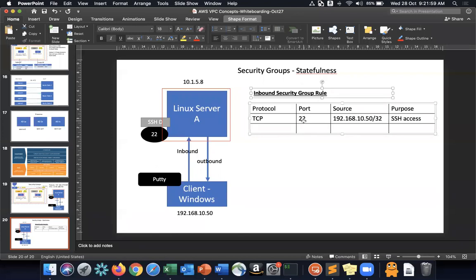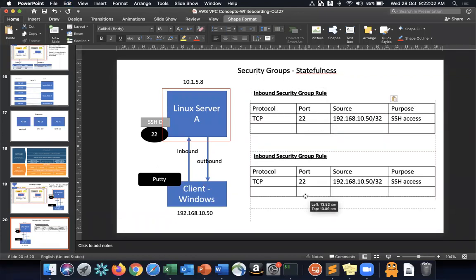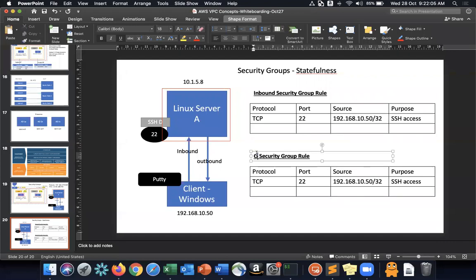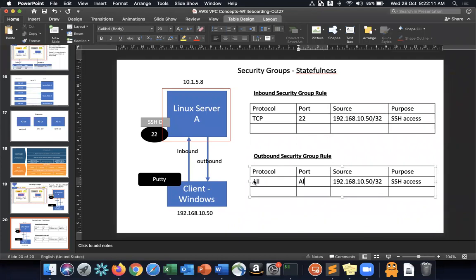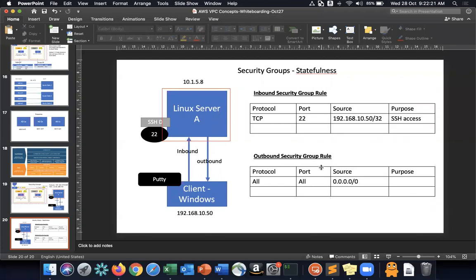And similarly, there will also be an outbound rule. Usually outbound, you don't restrict it. Outbound would be all protocols, all ports, 0.0.0.0/0. By default it will be like this. Outbound will have all. But now let's say I also want to restrict my outbound. So usually what happens is when you want to restrict your outbound, right? So in TCP/IP,